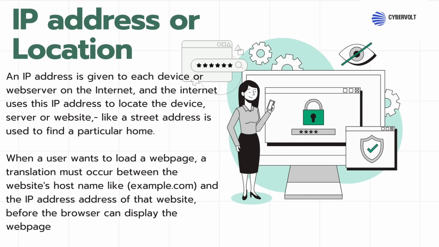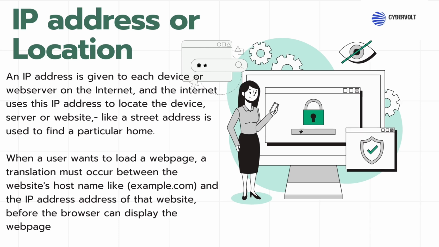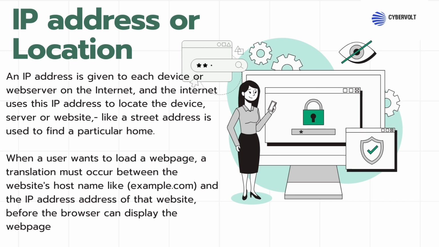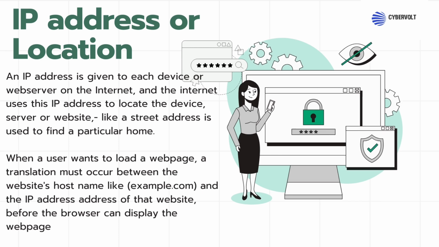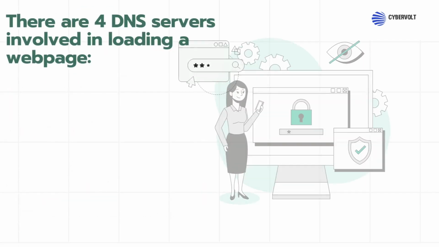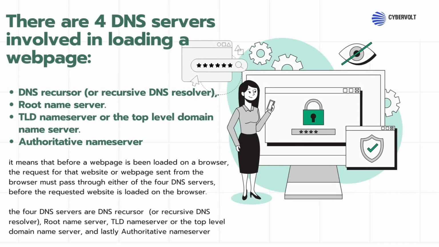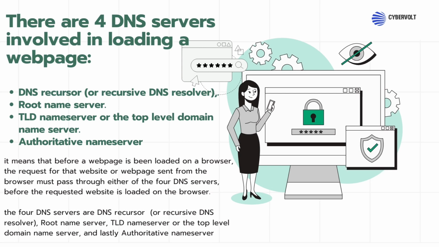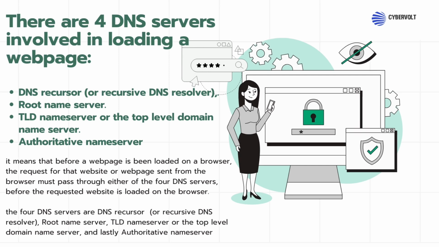When a user wants to load a web page, a translation must occur between the website's host name like example.com and the IP address of that website before the browser can display the web page. There are 4 DNS servers involved in loading a web page. It means that before a web page has been loaded on a browser, the request for that website or web page sent from the browser must pass through the 4 DNS servers before the requested website is loaded